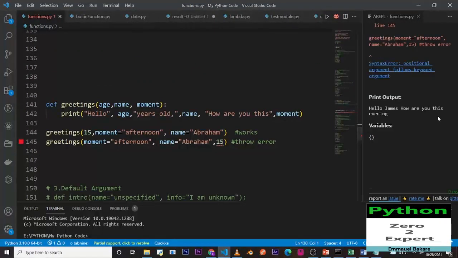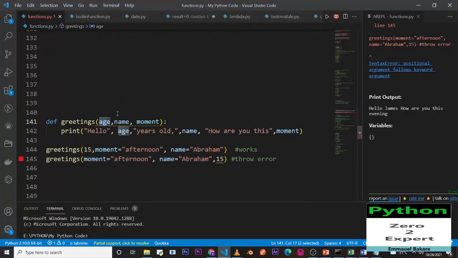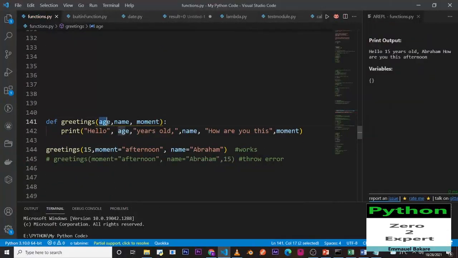You can mix keyword and required arguments together, provided the required argument comes first. Look at this example. I have age here, name and moment. I intend the value age to be a required argument and name and moment to be keyword arguments. So right here, I'm calling the function here. And in my call,